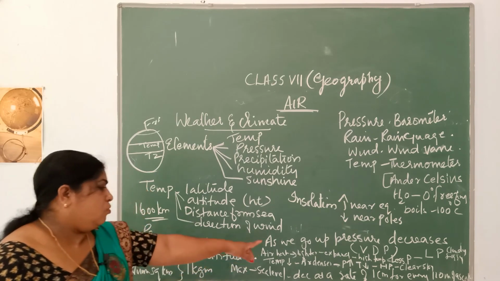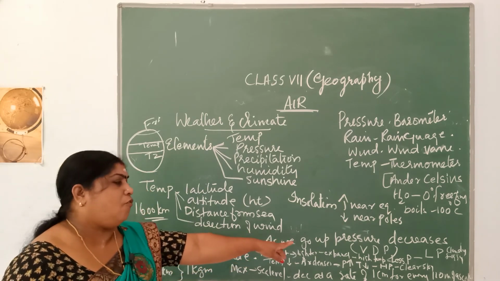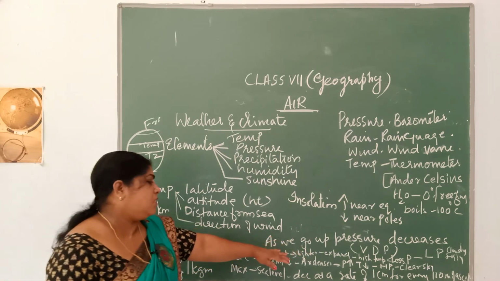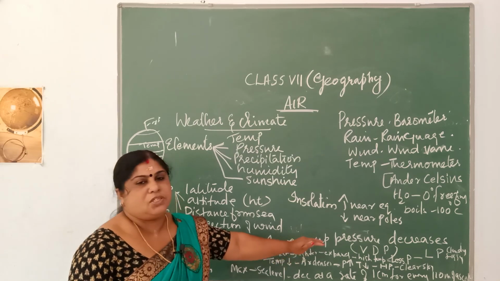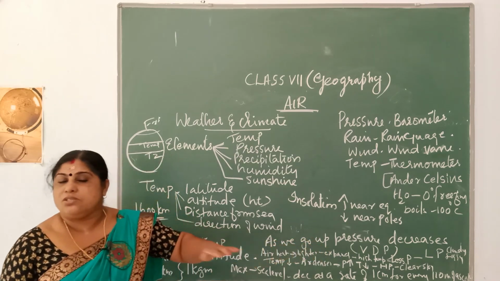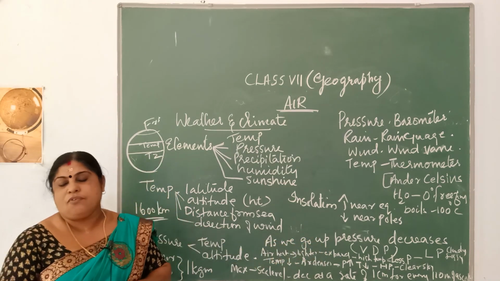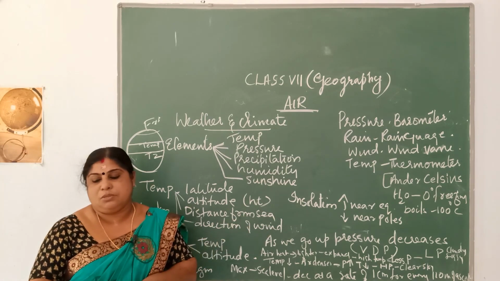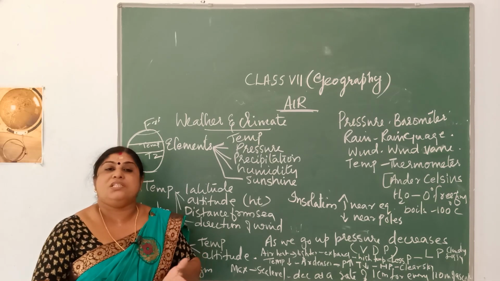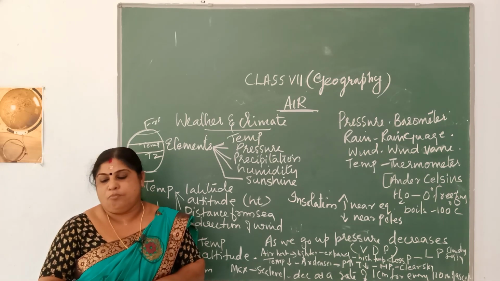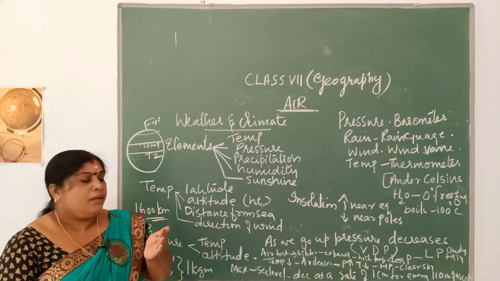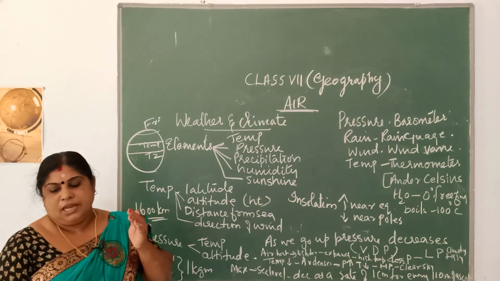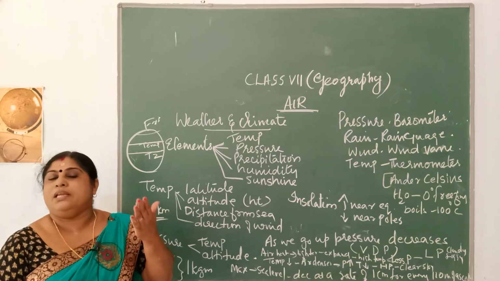Now, you studied what is vertical distribution of pressure: as we go higher up, the pressure goes on decreasing. Now, there is horizontal distribution of pressure also. If you need to understand what is horizontal distribution of pressure, you have to first understand the air movement. What happens when temperature increases? What happens when the temperature of a